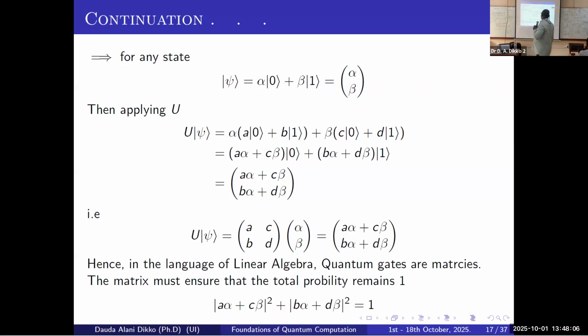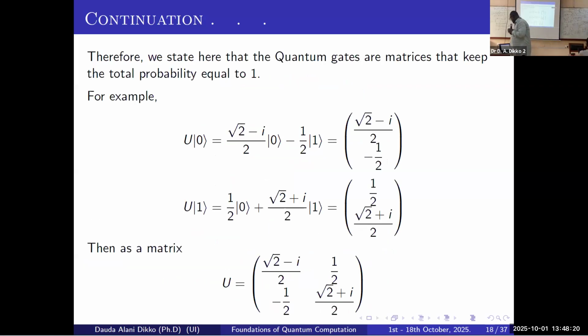So hence, in the language of linear algebra, quantum gates are matrices. I'm sorry for this, you can correct it. The matrix must ensure that the total probability remains 1, which is what we also try to expand or show here. Those multiplications can be done. Therefore, we state here that quantum gates are matrices that keep the total probability equal to 1. And for example, if you pick this,